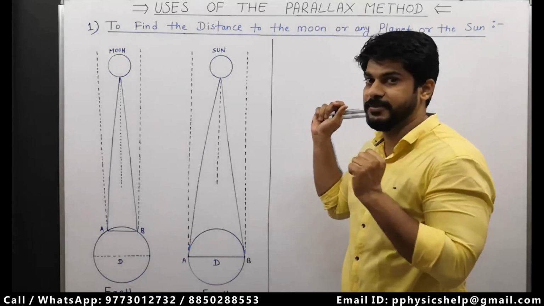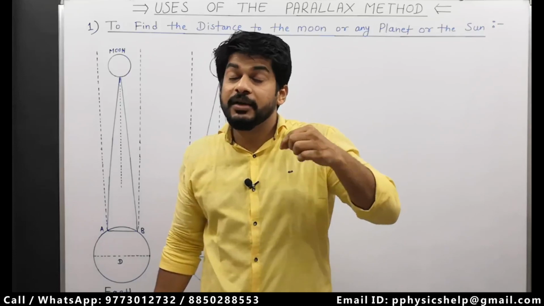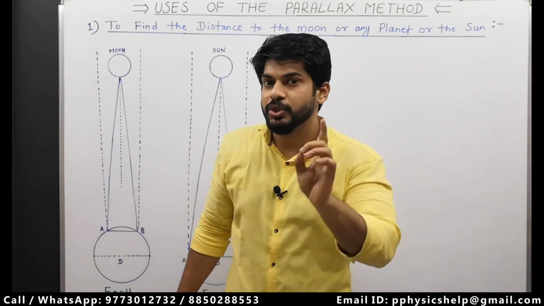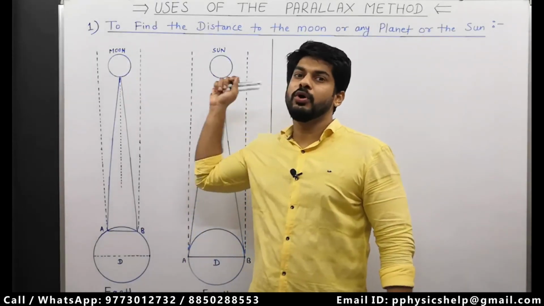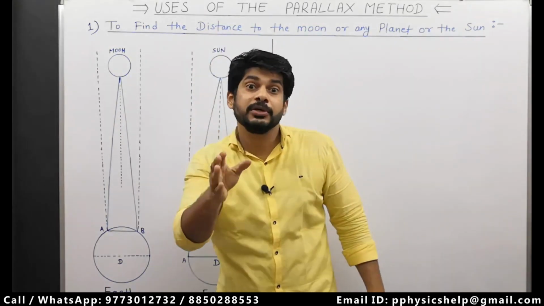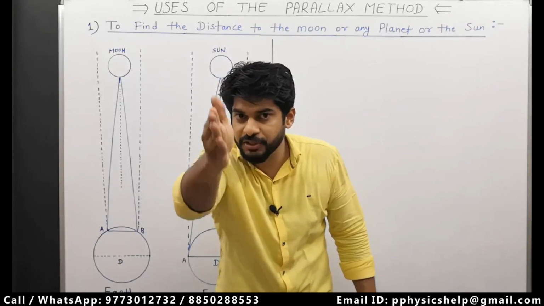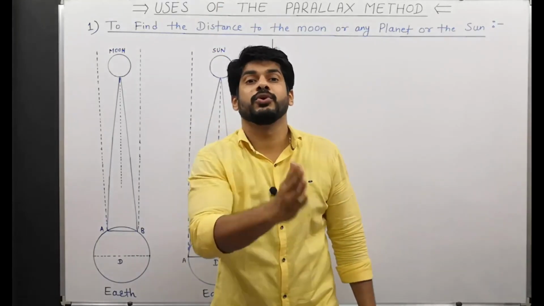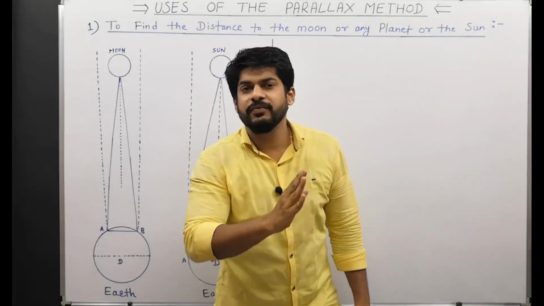In this process, see, I just said the star is the one that we have chosen as our distant object. So here with respect to either this moon or sun or the planet, the star would appear to be in the same direction. It would appear to be in the same direction when it is viewed from two different locations. So again, this is very important.